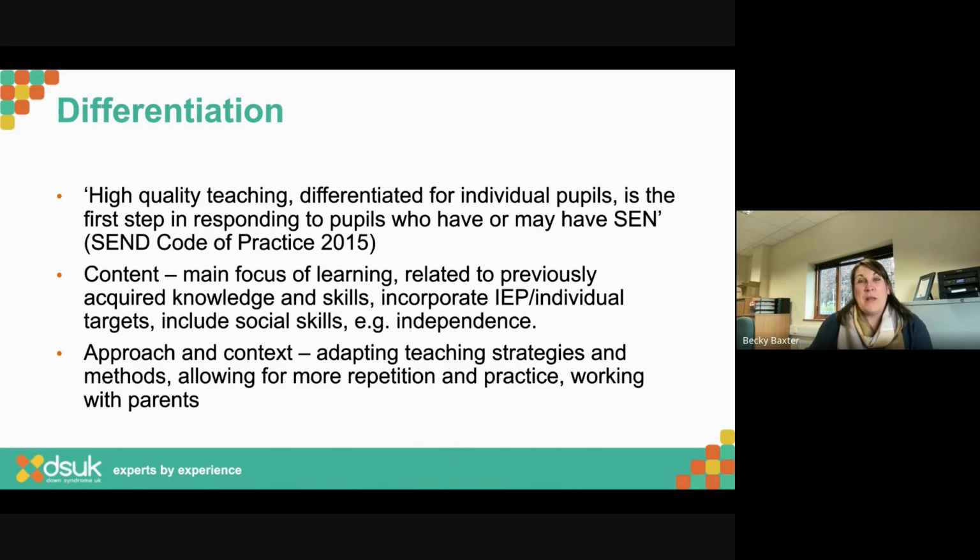thinking about, you could do a bit of homework. When I think about differentiating homework and practice, what's our pupil taking home, making sure they're getting that same practice at home, sending home those word cards for your first sight words, sending home a bit of simplified text about a topic that's coming up later on, sending home some vocabulary definition cards or picture matching, so that when you come back for the new topic, you already know some of that vocabulary. That's obviously going to be really helpful, that kind of pre-teaching.